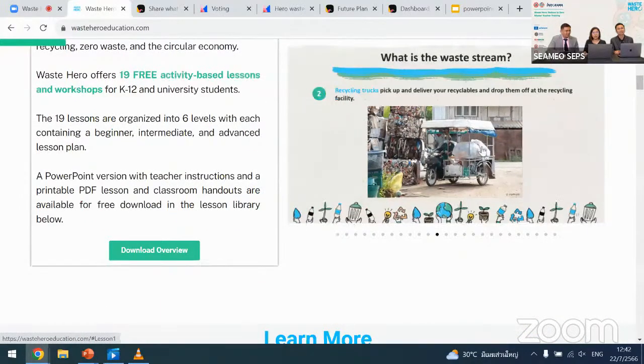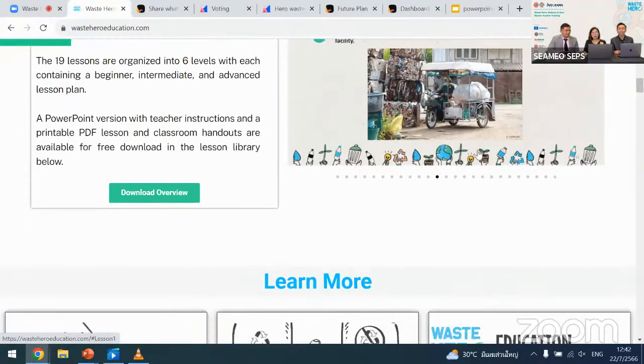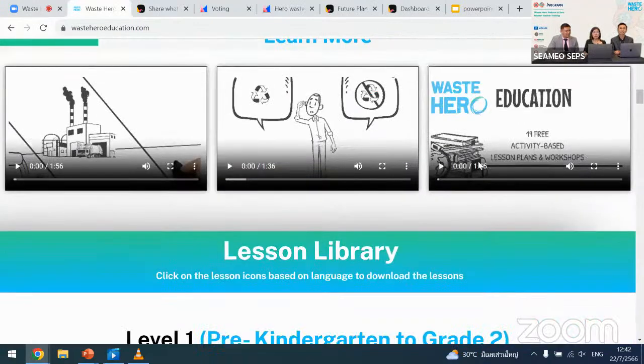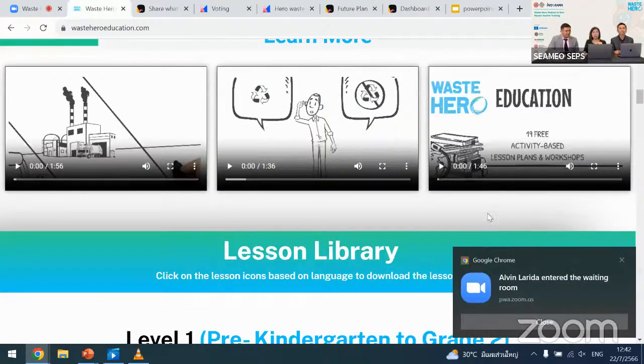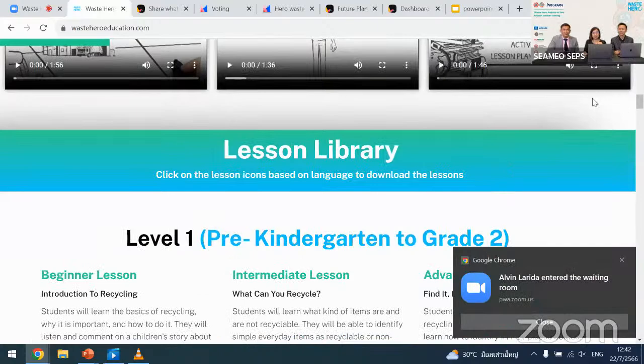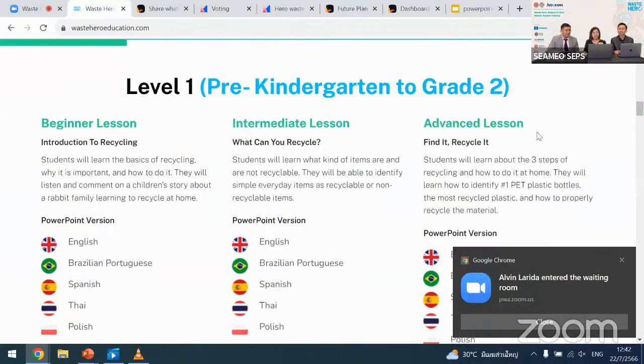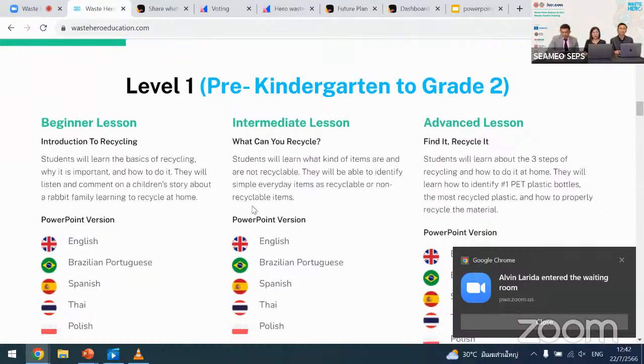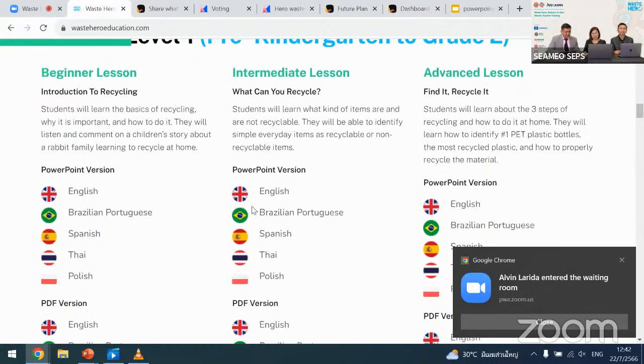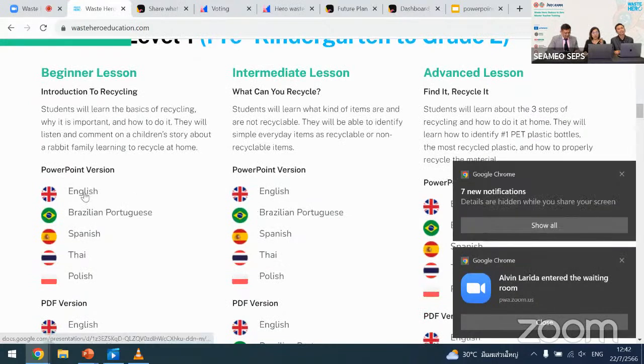Scroll down, you see a lesson sample and some videos. If you scroll down to the lesson library, you see that each level is separated into 3 levels of lesson: beginner lesson, intermediate lesson, advanced lesson. To download the lesson package, click on the icon of the language that you prefer.